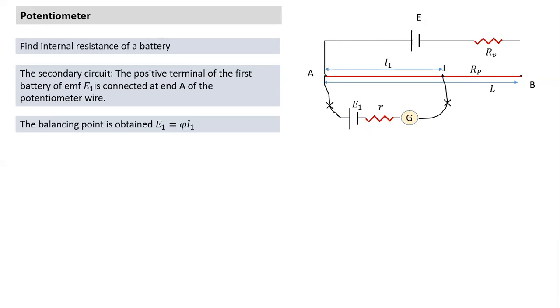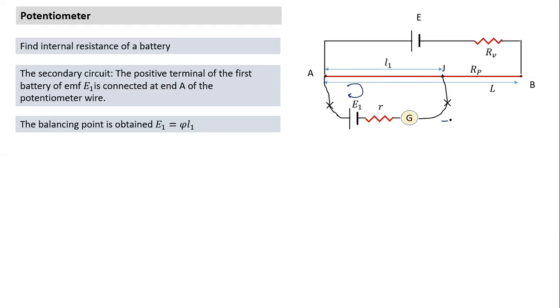So the balancing point is obtained, and very clearly we had done that earlier also. So E1 will be equal to phi L1. Those who are not clear, again we can do it using the Kirchhoff loop rule. If we start from A and come back to A, as we go from A to J, what is the potential drop? Potential drop is IR, but in this case